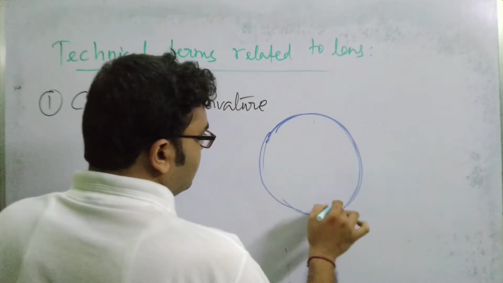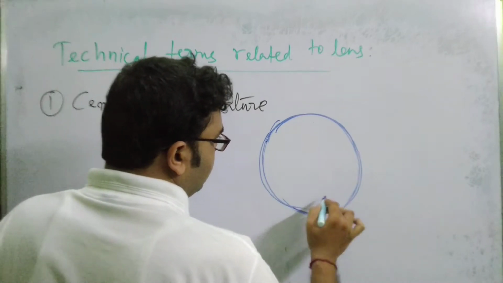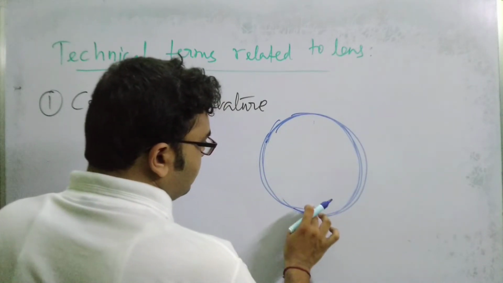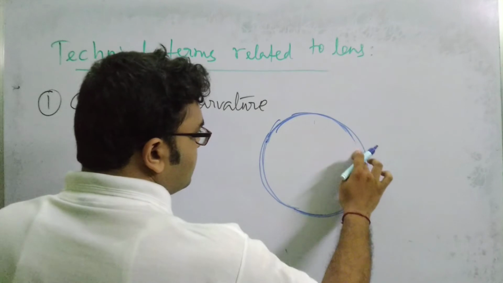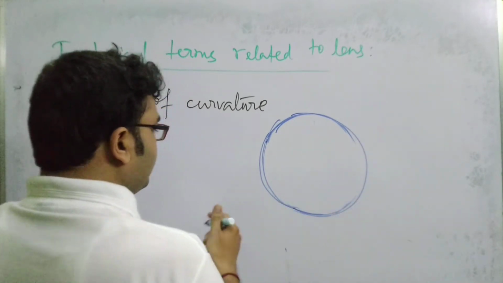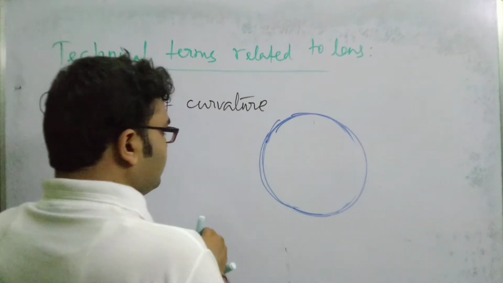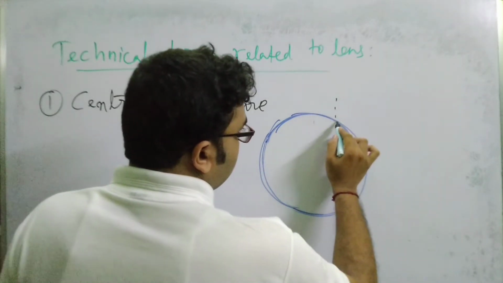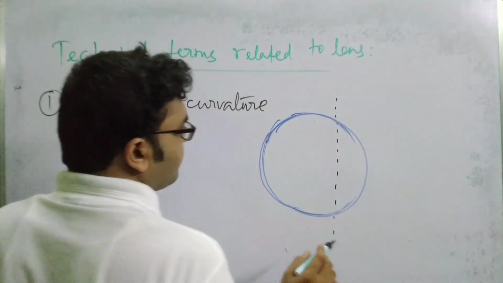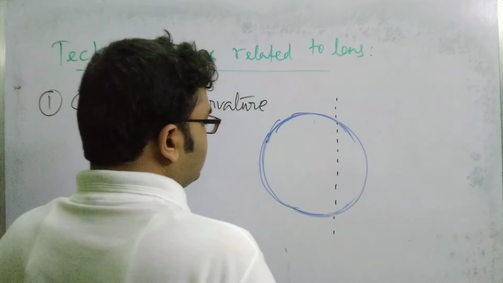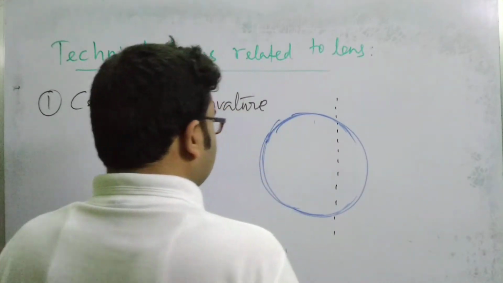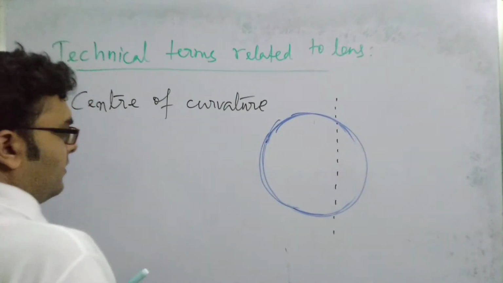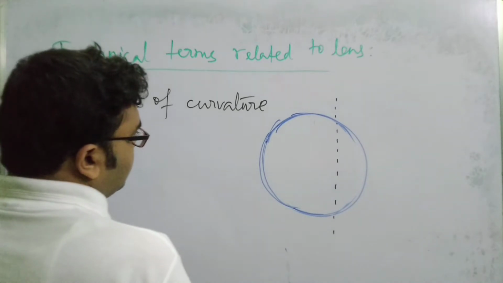If you think that you have cut out a portion of a lens from this sphere, this forms a plano convex lens, and if you consider it has been cut out like this,